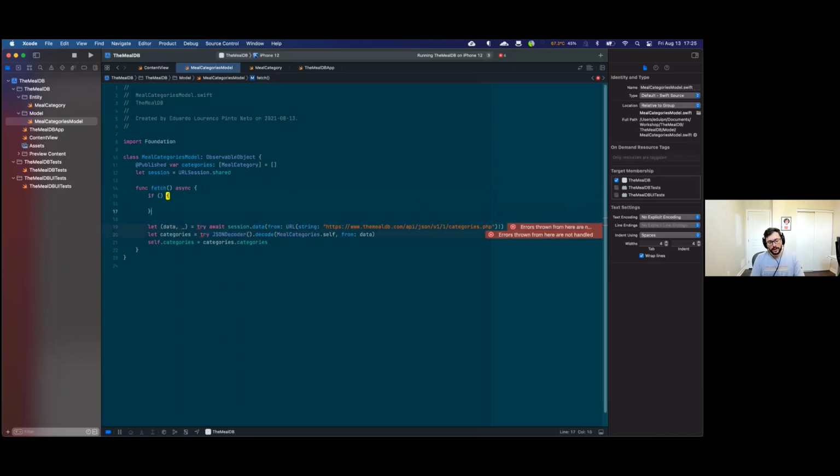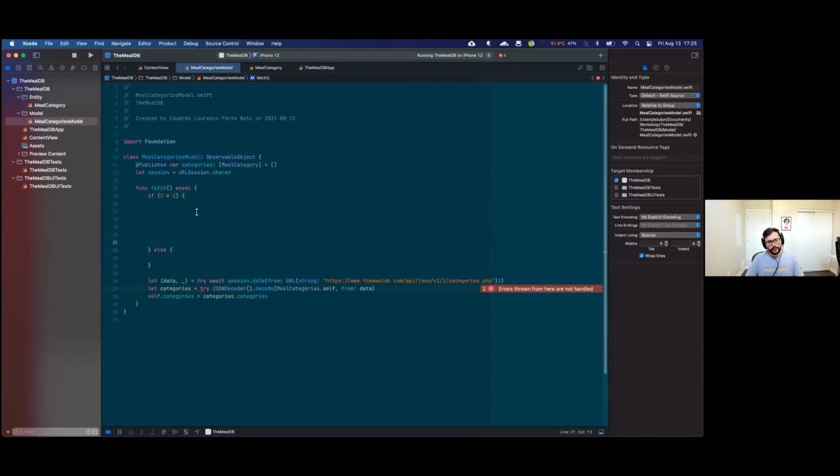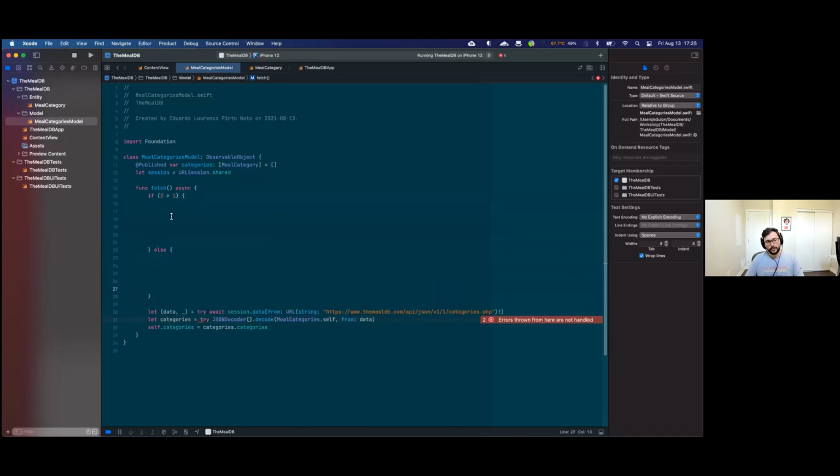So when we want to check for something, we check if something happens. So if number 2 is bigger than number 1, we will execute things that are on the first block of code. If 2 is not bigger than 1, it will run this other else block of code, which is a pretty normal